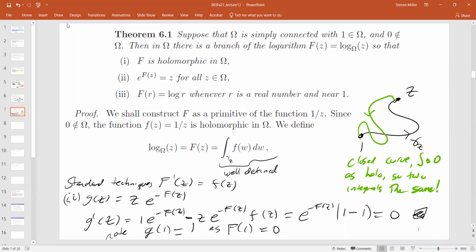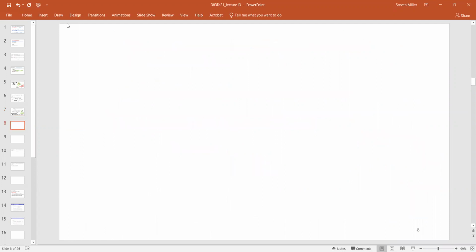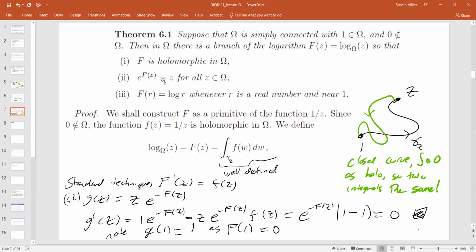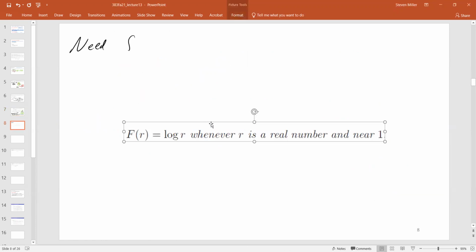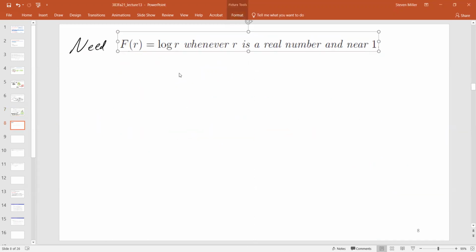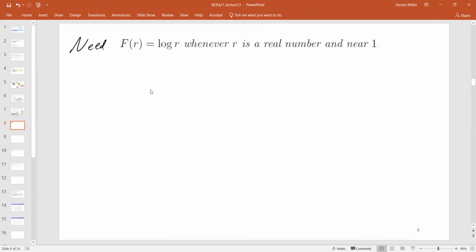And then the last part is that f of r equals the log of r whenever r is a real number near 1. So we now need to show that f of r equals the log of r whenever r is a real number and near 1. Well,